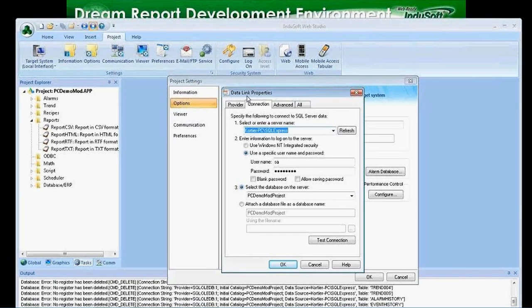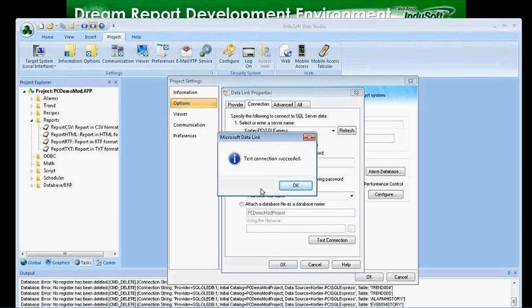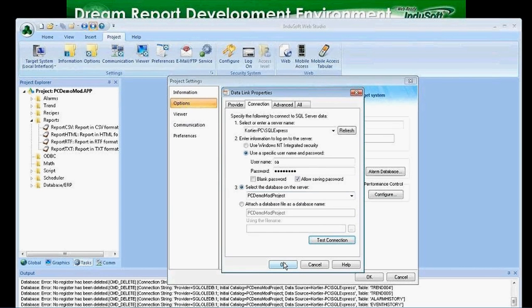And here back in my InduSoft configuration, I'm tying into that same engine. I'm not using the integrated Windows security, but I'm using the system administrator and the password that I give it. I'm telling it to save that. And then out of the different databases within that server, I'm going to point to that PC Demo Mod project. Once I've done that, I can test my connection. That should be okay, which it is. That's a good sign. And I can remember 10 or 15 years ago that step right there would take me about a week to do. So we've come a long way within InduSoft Web Studio, making it very easy for you to configure. So at this point, I'm going to click on OK,